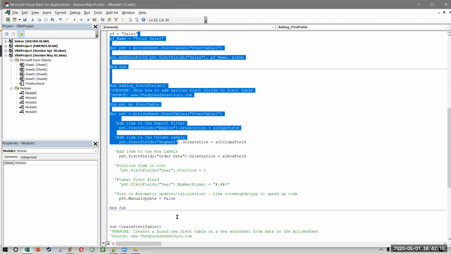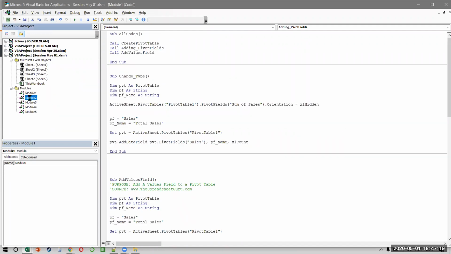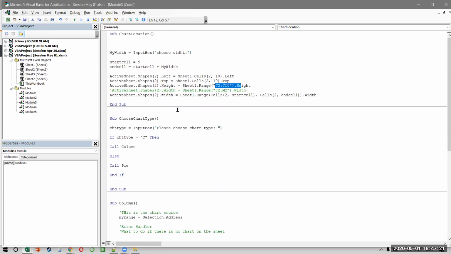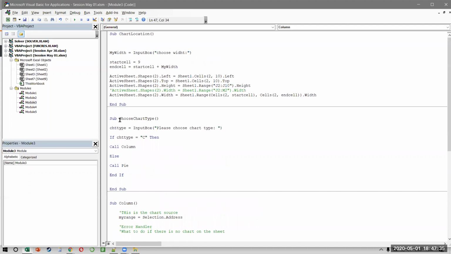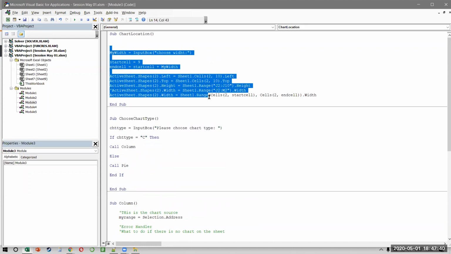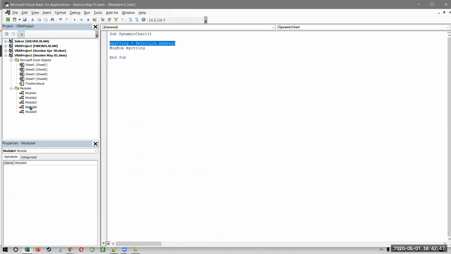Of course, this can be changed yourself. All of this is readily available online. After that, I showed you can record the creation of a chart, but the chart name is not always the same. It keeps on going in a sequence of 1, 2, 3, 4, 5, which means you have to use a chart number. So if you notice, this is chart object 1, which means the first chart. Then I created a simple if statement between a pie and a column. And then I also showed you how you can define the chart location in a particular area. And you can also make the width dynamic, right? Yeah, that's what we've done, right?